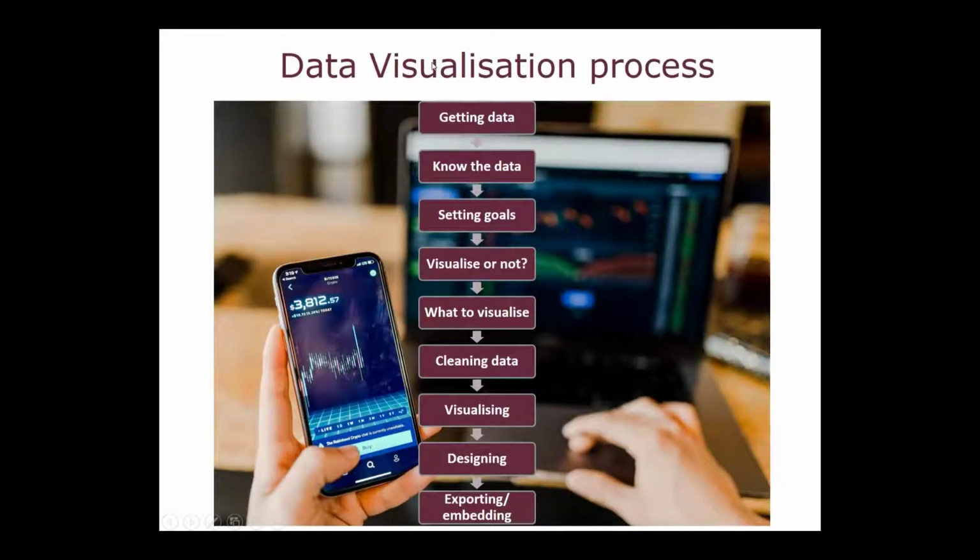Good. So this is just a slide to show you what the data visualization process will be all about. Of course, the first step is to get your data, to do the research, retrieve your data in any way that you would do. There are lots of different methods of collecting data. After you've collected it, you will start to get to know the data. Work a bit with it, play with it, see what it's all about, what came out, etc. And then you will have to set goals on what you would like to achieve with working with your data further, and decide